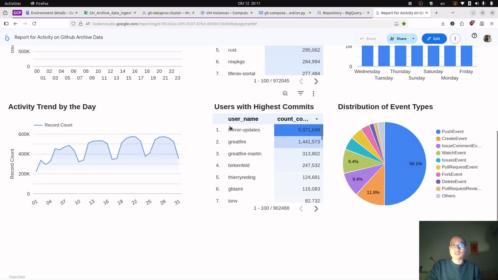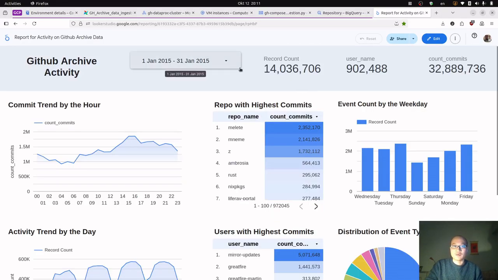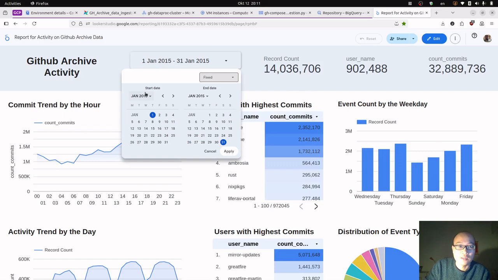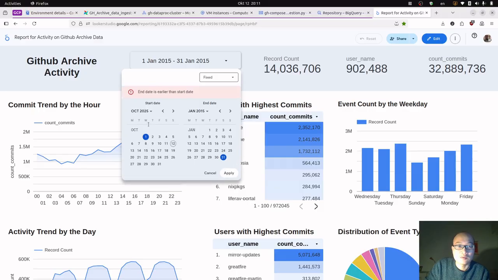This is the dashboard for January 2015, but if we update it to October till today,